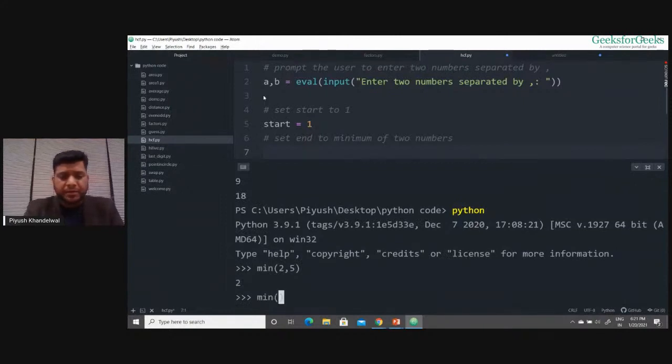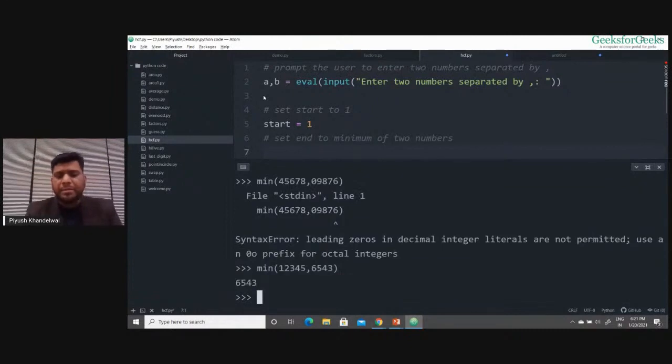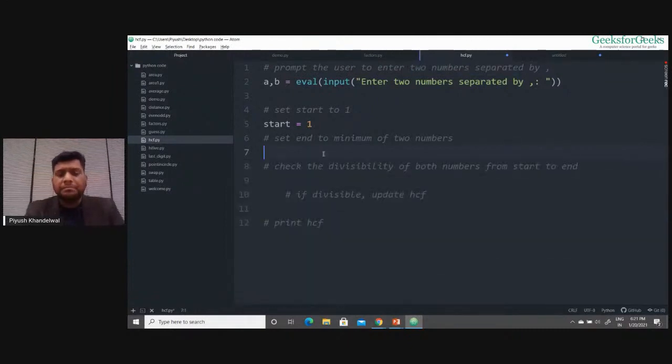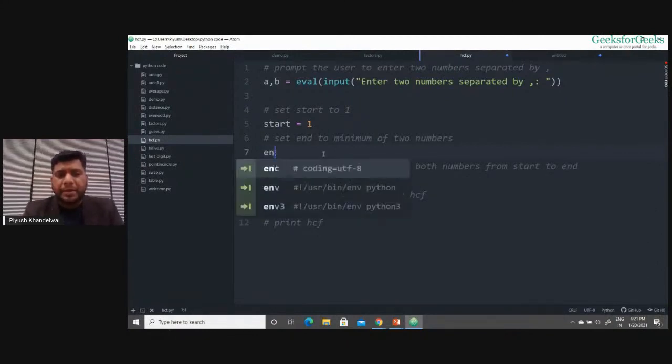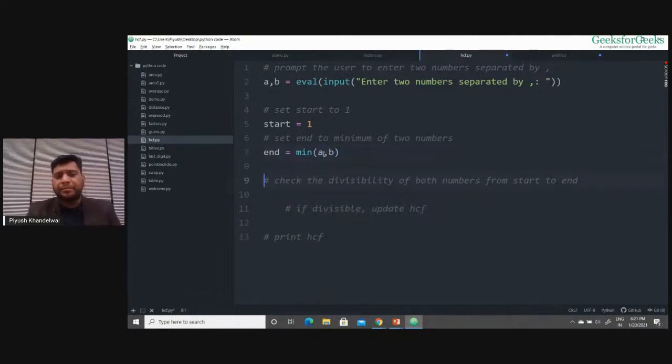So I can use the min function to get the minimum number. So end will be the minimum of a and b. I'll pass a and b and it will give me the minimum of a and b.